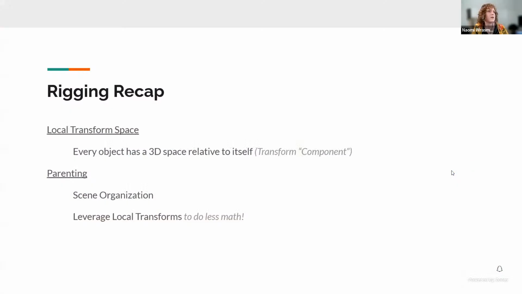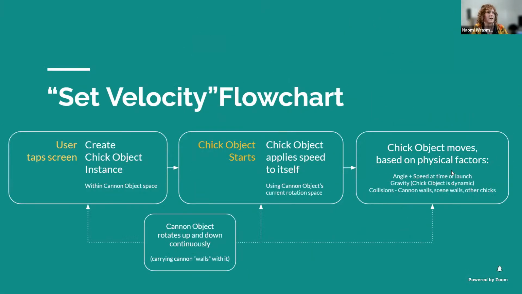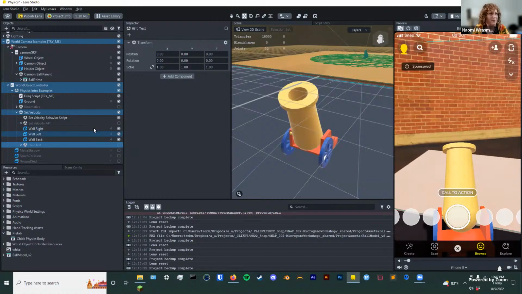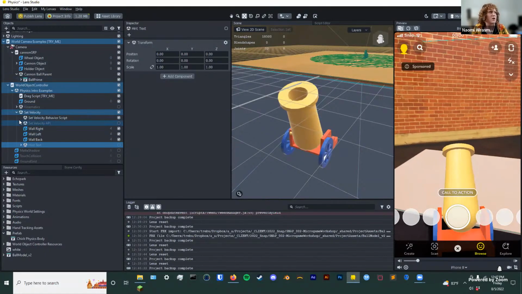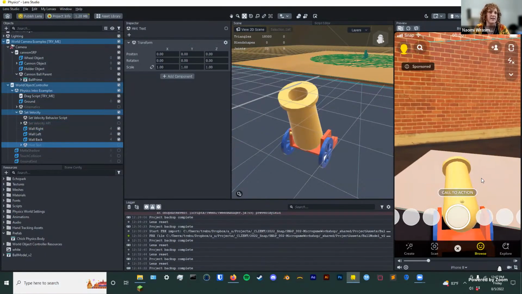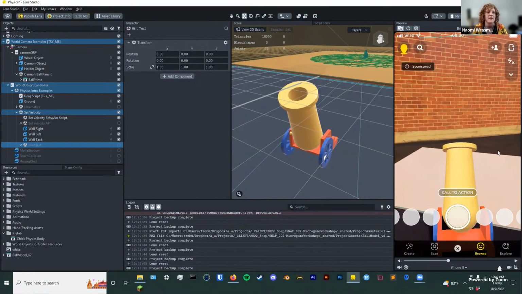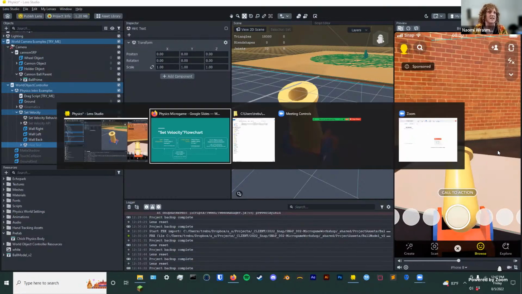We've got our scene web again. I'm going to go back to that slide real quick. We're tapping, and then we get to the object starting, and it should be applying a force to itself, but it doesn't look like it's doing that. It's not crashing into the walls anymore. And so what we'll find, and what we're going to dive into first when we explore the next session, is